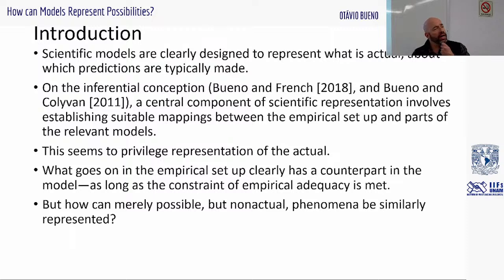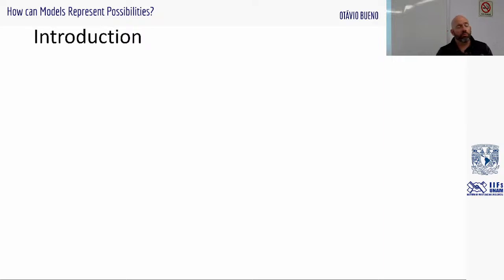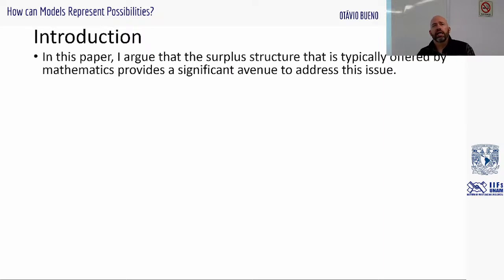But then the question arises: how about what's just merely possible, but not actual? These kinds of phenomena are also relevant, and they need to be represented. So what's the story about that? What I'm going to try to do is to address that sort of question. Part of the idea here is to explore surplus structure, to access structure that models typically have, especially mathematical models, because I think properly interpreting these surplus structures gives us a path to